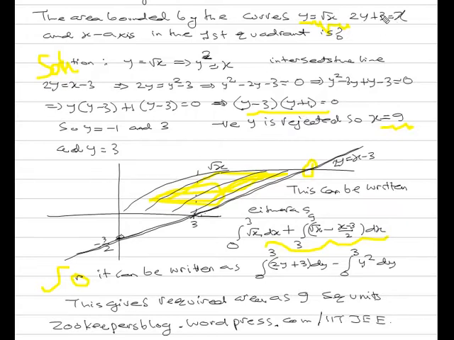Now look at this expression, x is 2y plus 3, so it is 2y plus 3, 0 to 3. The equation of the straight line is written first, and then after that you are again integrating from 0 to 3, the upper one, and if you see the upper one is actually root x, so x is y square, so it is y square 0 to 3 dy. And if you solve this, in any case both of these are easy to solve, and if you solve them you will be getting 9 square units. So that's the way it is done.